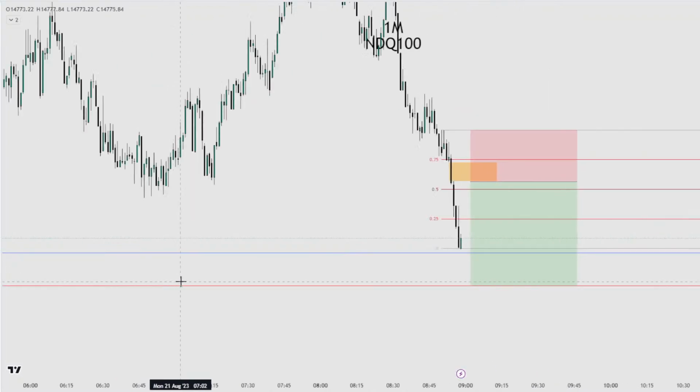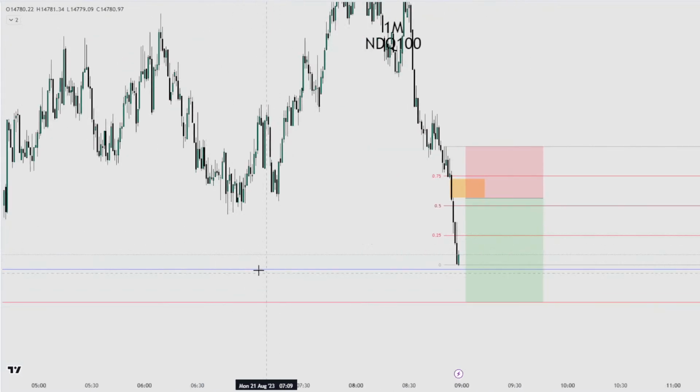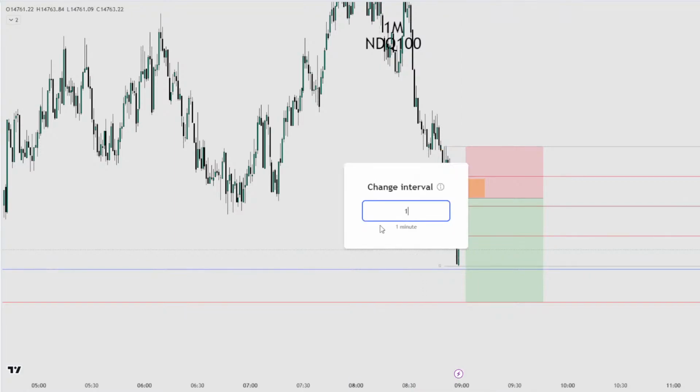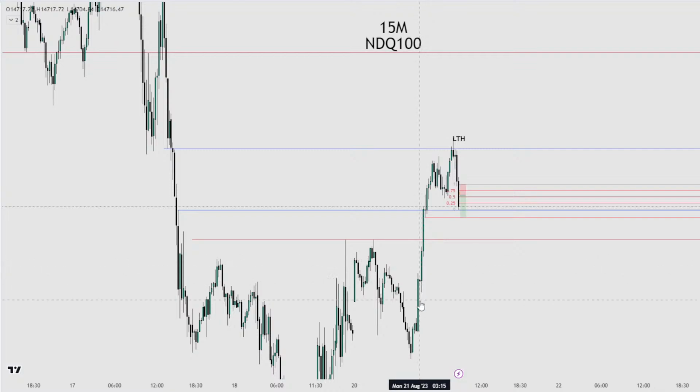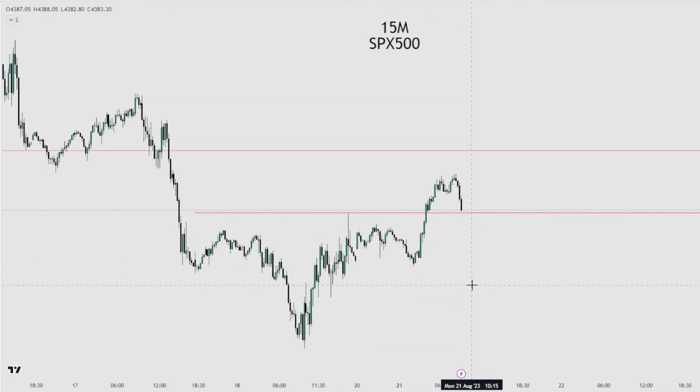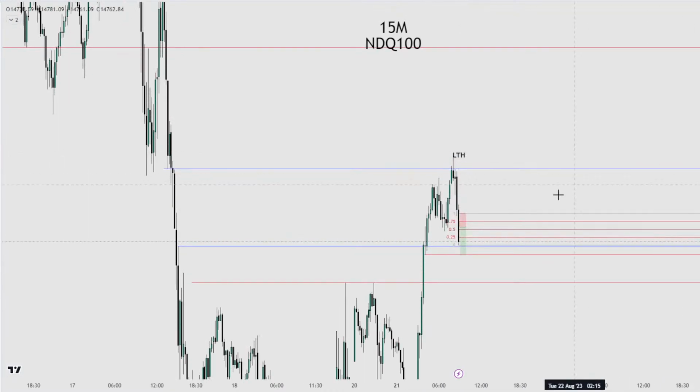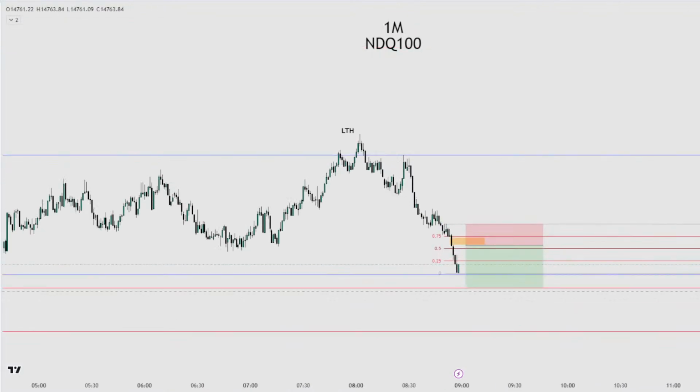I don't know. We're probably gonna take the south side without even coming back. On the 15 minute, both S&P and the Nasdaq have a lot of inefficiencies. So I'm expecting to see a potential, let's just say we hit equilibrium. I'm still bearish overall